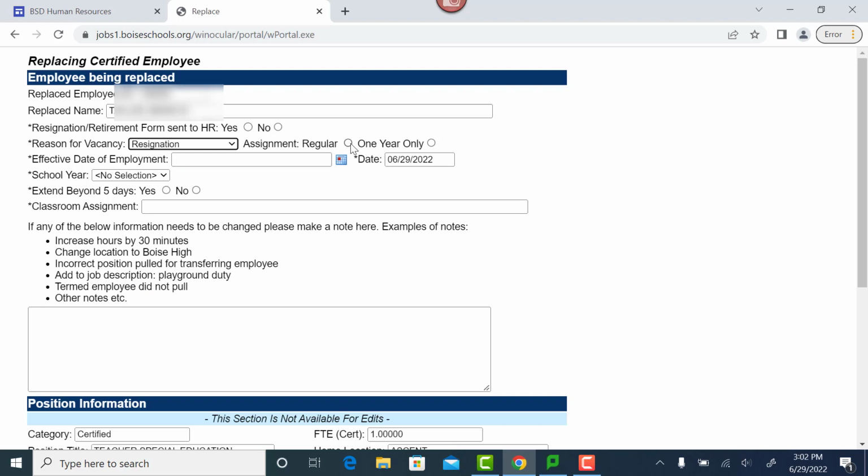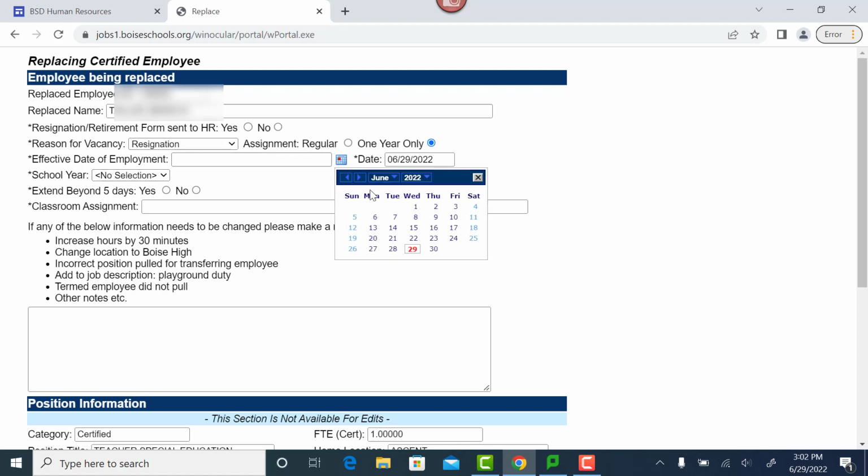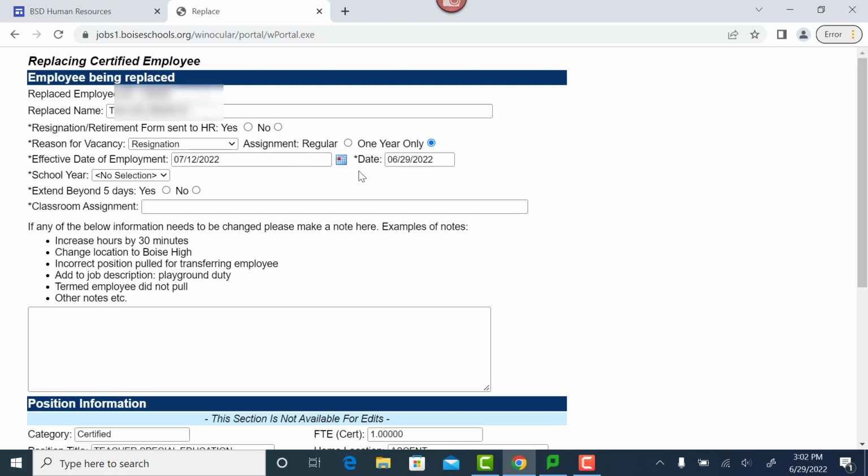The assignment type, a regular if it's a continuing position, or if it's only going to be for the year, we can do 1 year only. The effective date of employment is when the projected start date would be. The date will automatically fill in here with the date that you're doing the staffing request. You can select the school year, and if you want us to extend the job posting beyond the standard 5